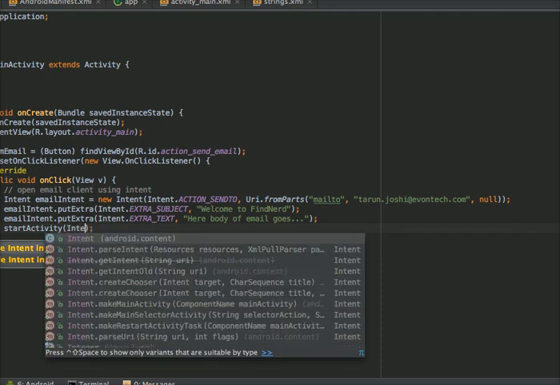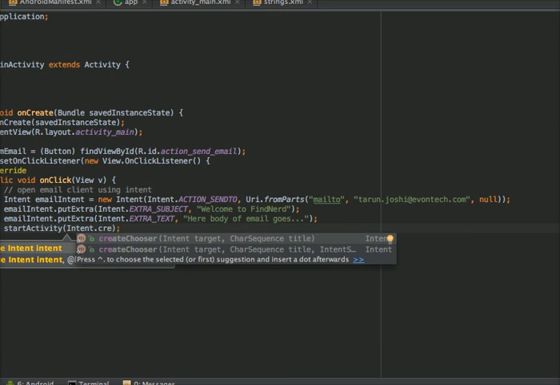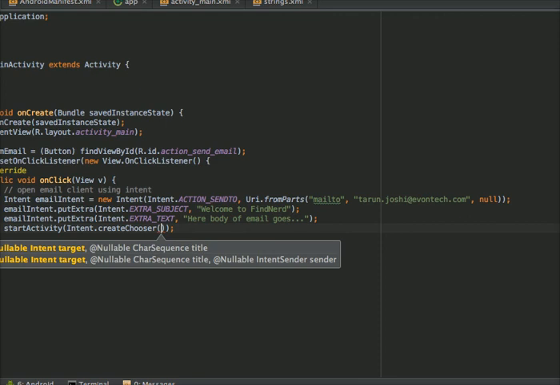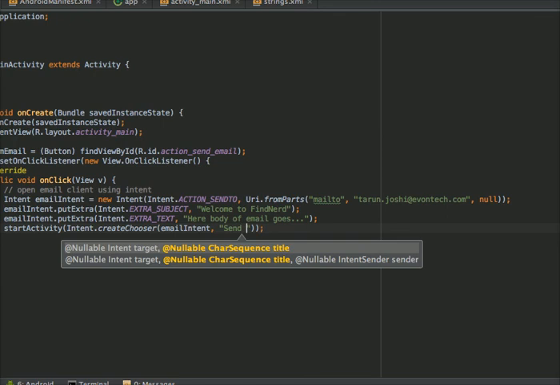Now call startActivity and pass the createChooser method of the Intent class. Here you need to pass the target intent, which is the emailIntent I just created, and the message that appears.